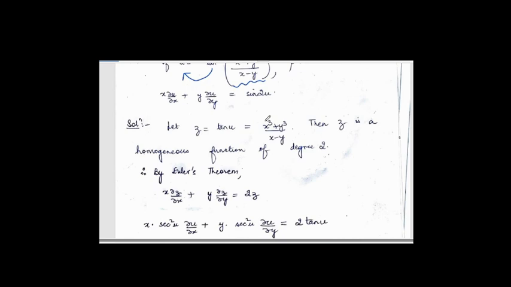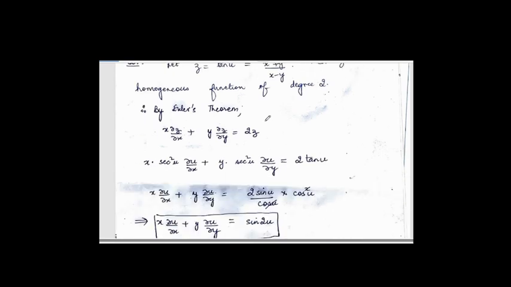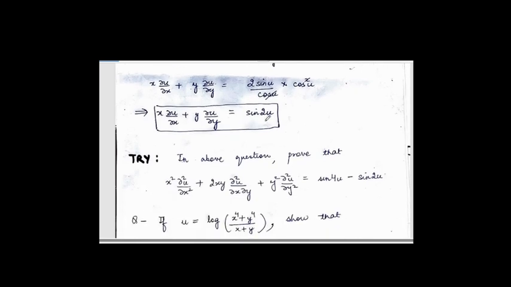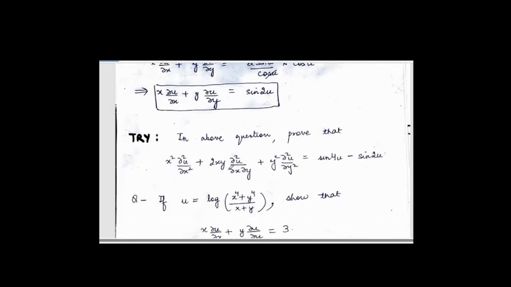U is tan inverse of this. So you can see that in all such questions the given function directly is not going to be homogeneous. But when you take tan to the other side, tan of u is a homogeneous function of degree 2. So you can straight away apply the result to tan u and then relate the derivatives to get the desired expression. In the above question, you can also prove it the way we have proven in the previous question. You can obtain an expression involving second order derivatives also, but for that keep in mind that you need the first order result also somewhere along the line.